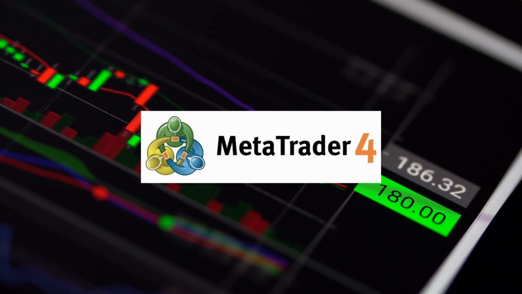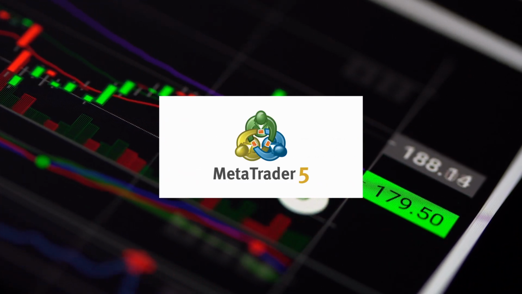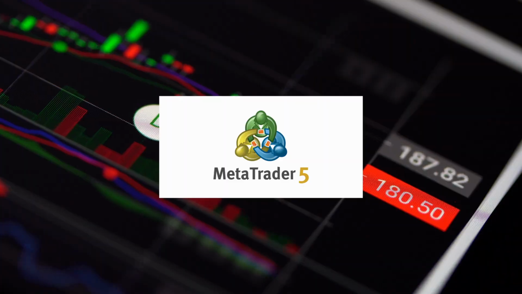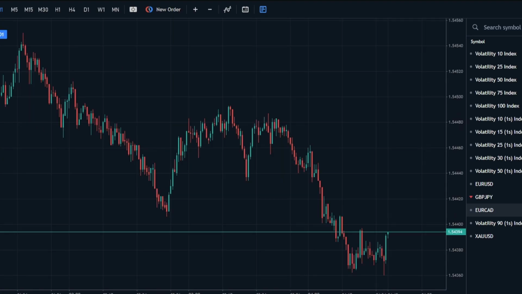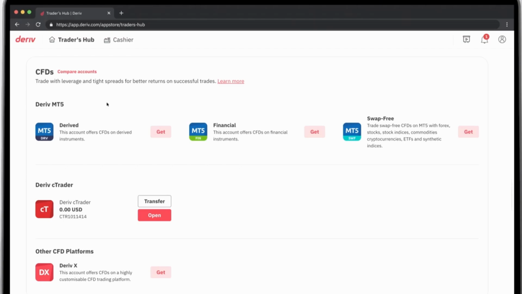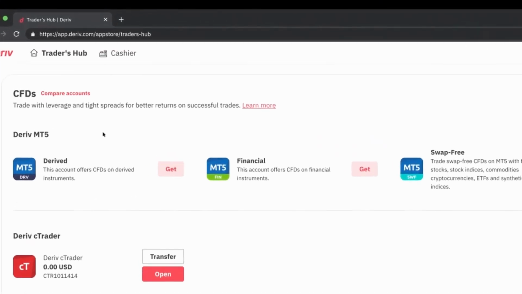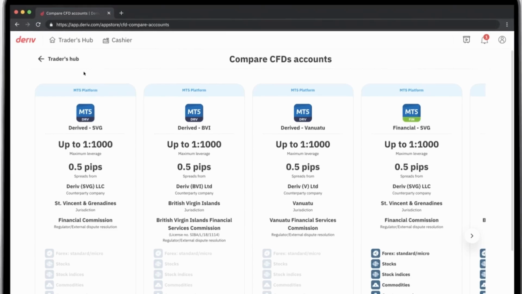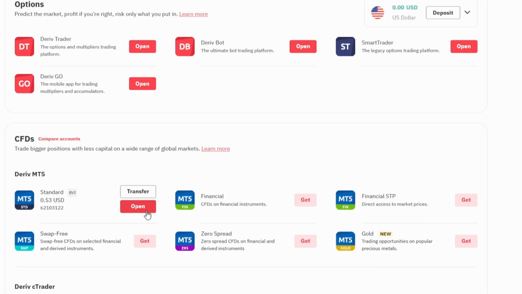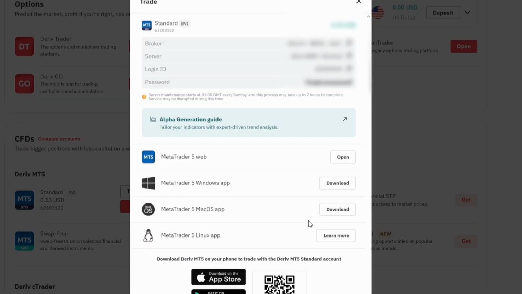You can use MetaTrader 4 or 5, it really does not matter. You can download it on your mobile device. On your computer you can download it also, but I prefer to just use it online. So after getting MT5, go back to Deriv to open an MT5 account. There are a lot of choices, I just use standard to keep everything simple. So open the standard MT5 account, make a password, and you will get the account details and your account is